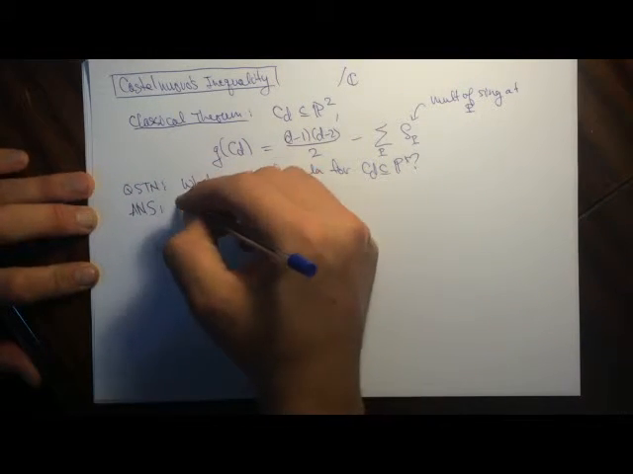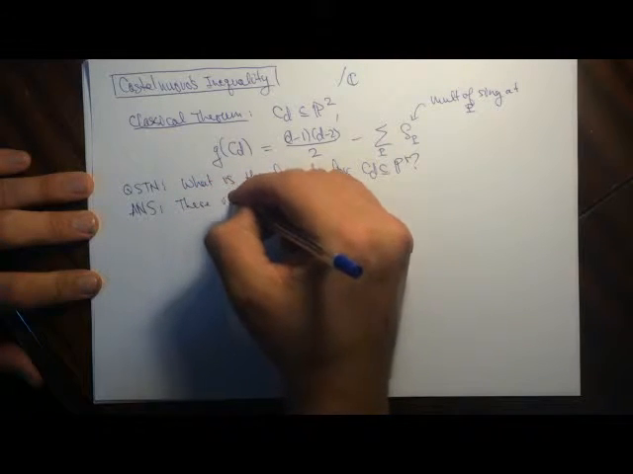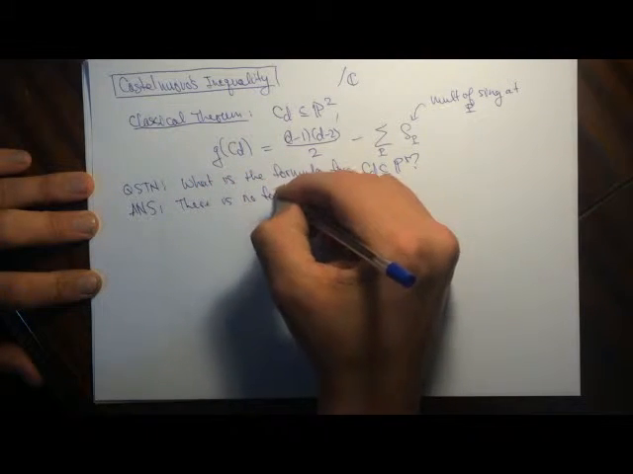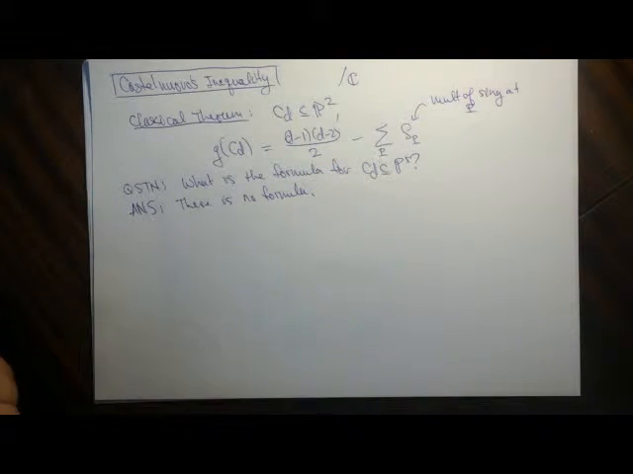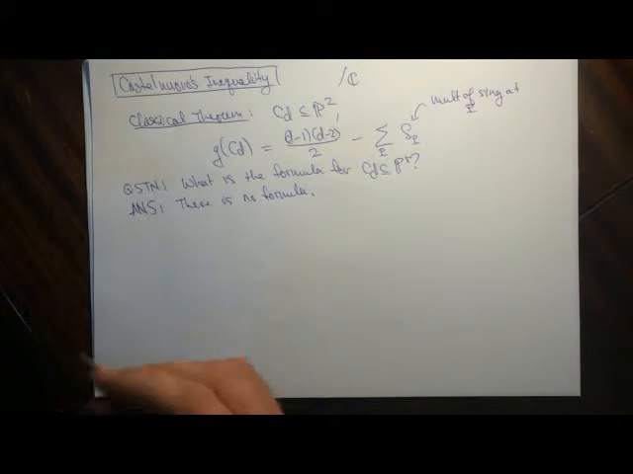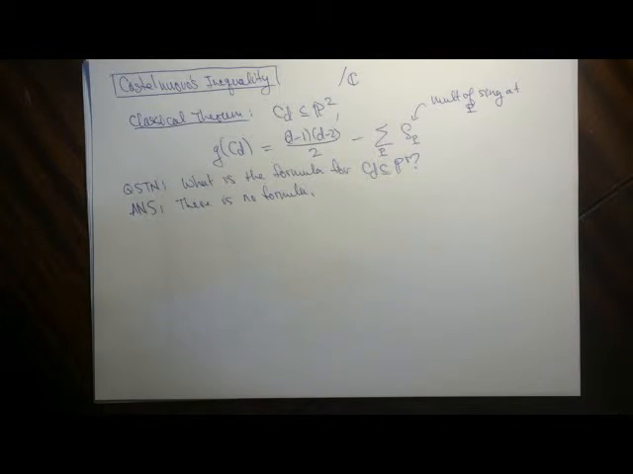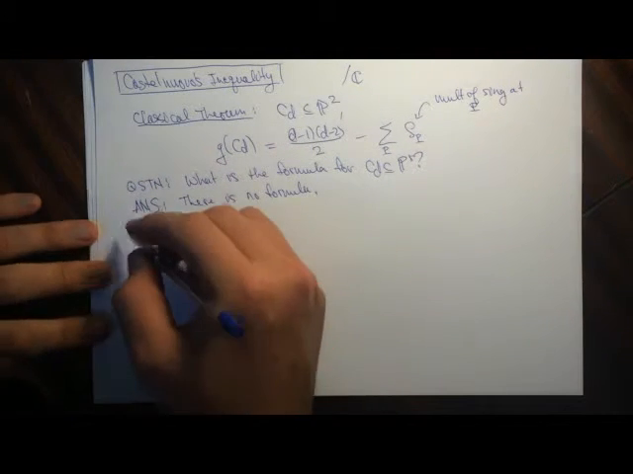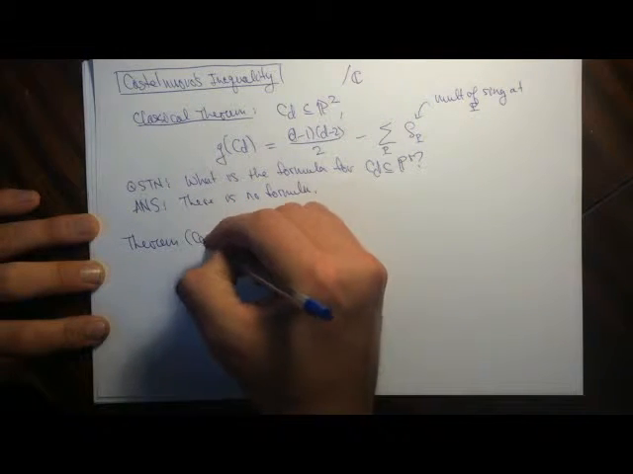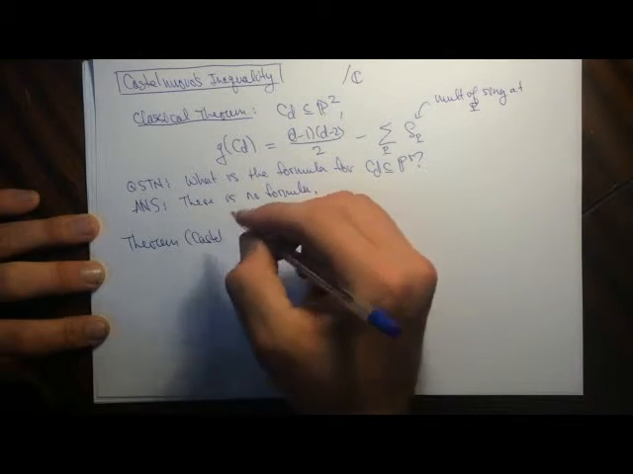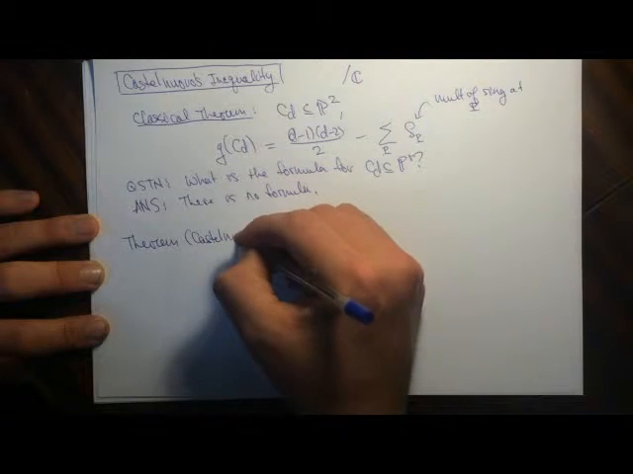So this is a trick question. The answer is there is no formula. And I'm not exactly sure to what extent there is no formula. I'm not sure if it's just that we don't know the formula or that we can prove that one doesn't exist. Either way, what Castelnuovo's theorem does is it approximates what we want. So the theorem of Castelnuovo, or the Castelnuovo inequality,